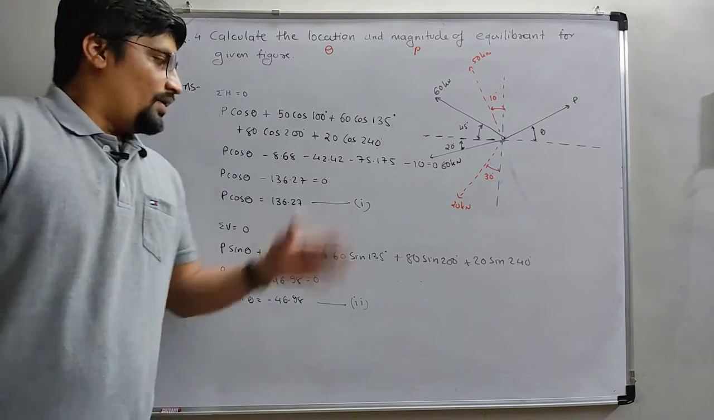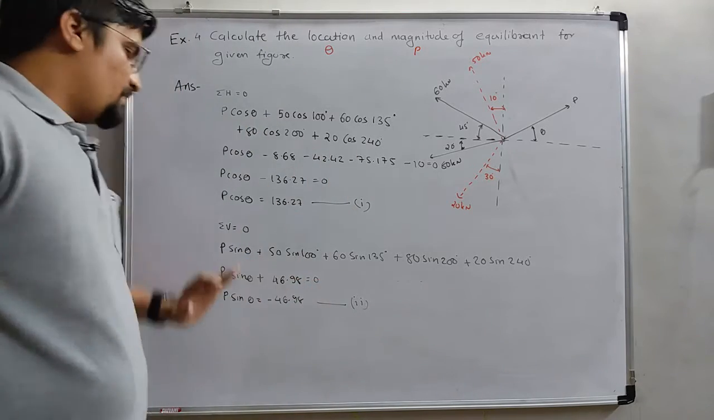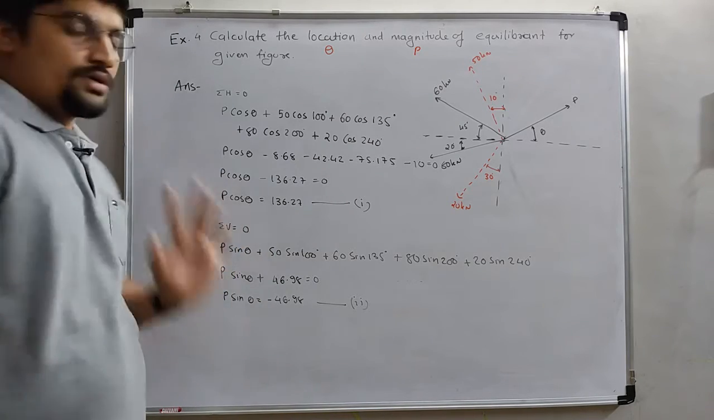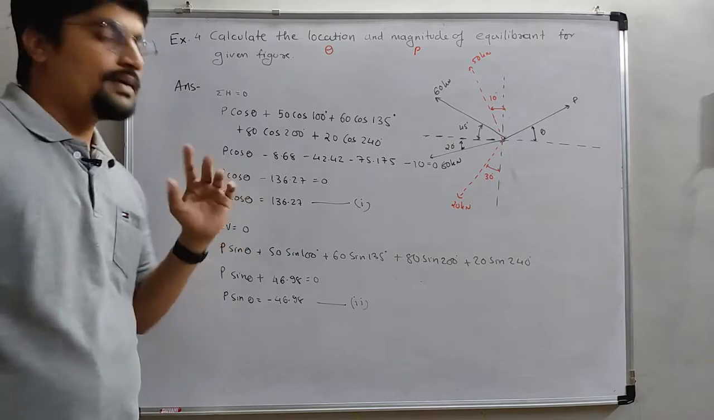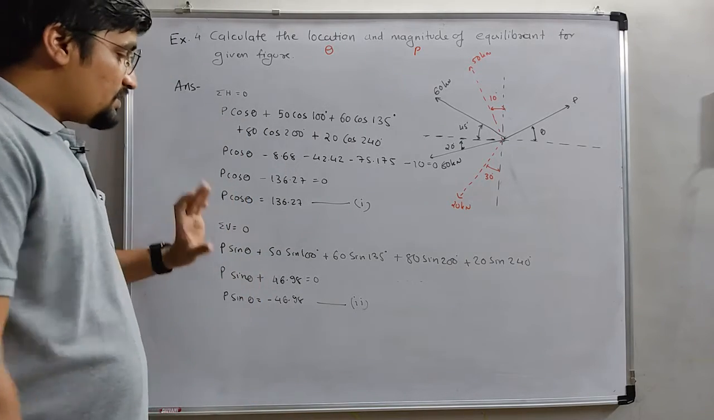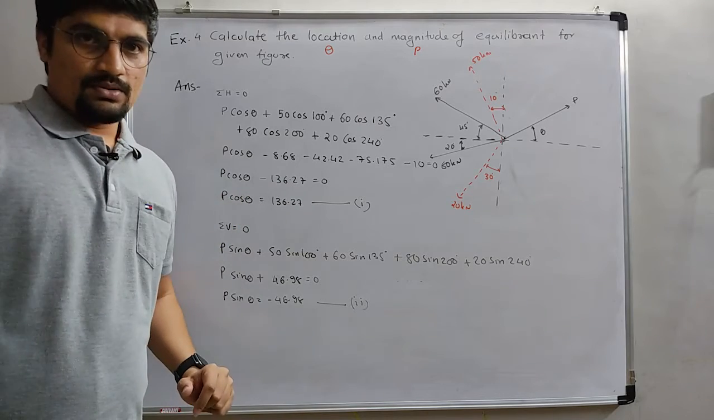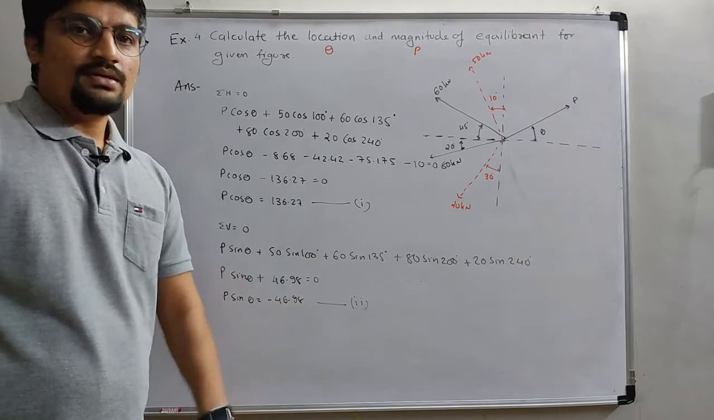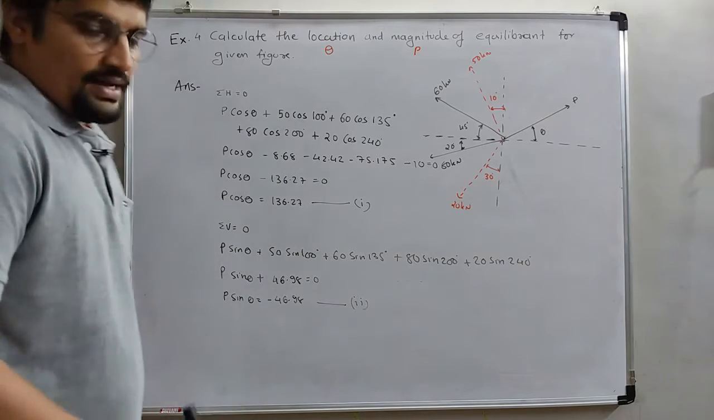Why do we find it in the form of P cos theta and P sin theta? Because there are two unknown values, P and theta both. We need to find one of them first. It is easy to find the theta value, because tan theta is equal to sin theta upon cos theta. So I can say that